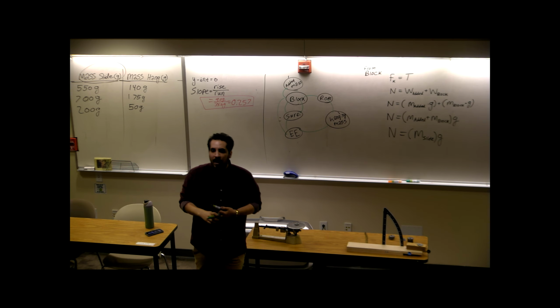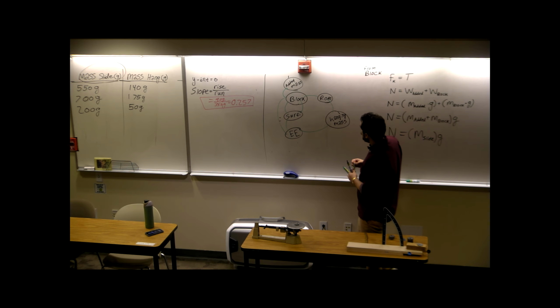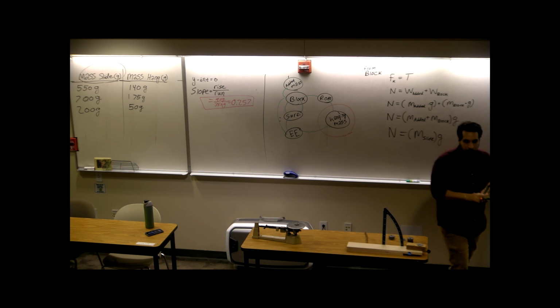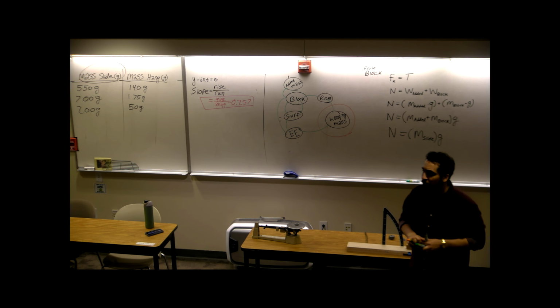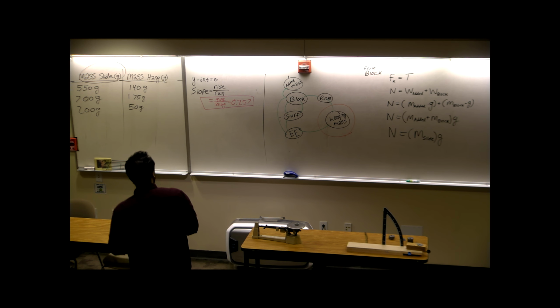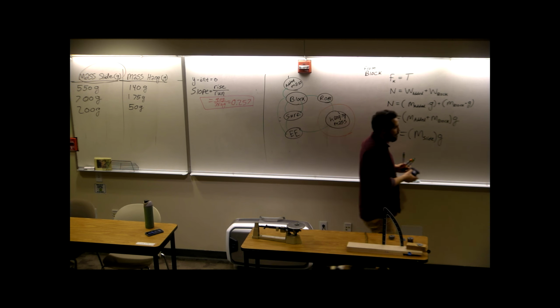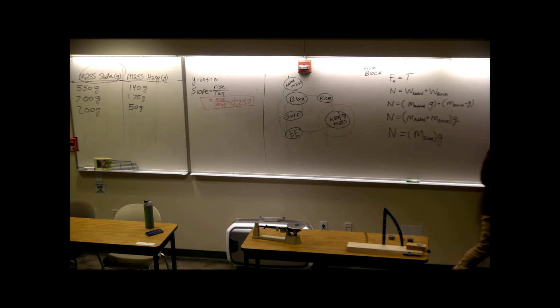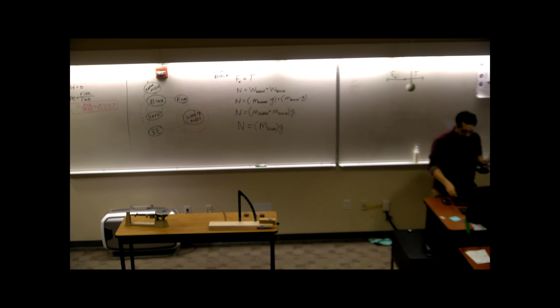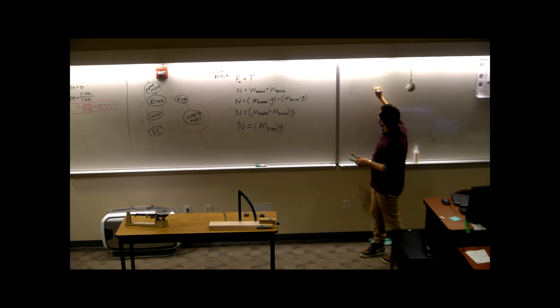Well, if we want to know about the hanging mass, perhaps we shift our gaze to the hanging mass as a system. Because we can look at the hanging mass, and from the hanging mass we can build a second free body diagram. And from that second free body diagram, we can gain even more information. We can create a second free body diagram for our hanging mass, and when we do so, we should have two interactions